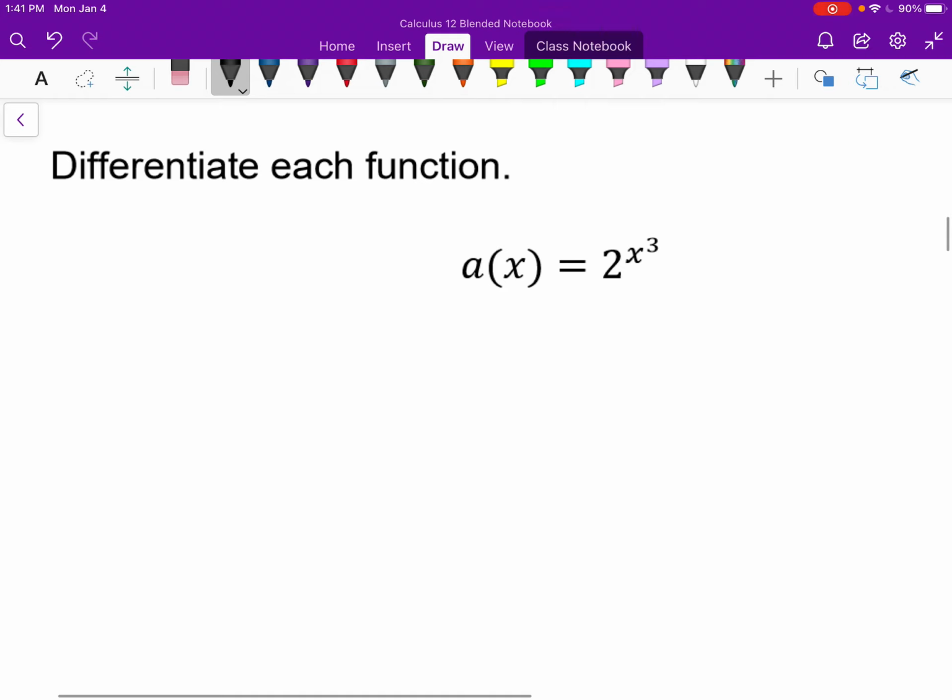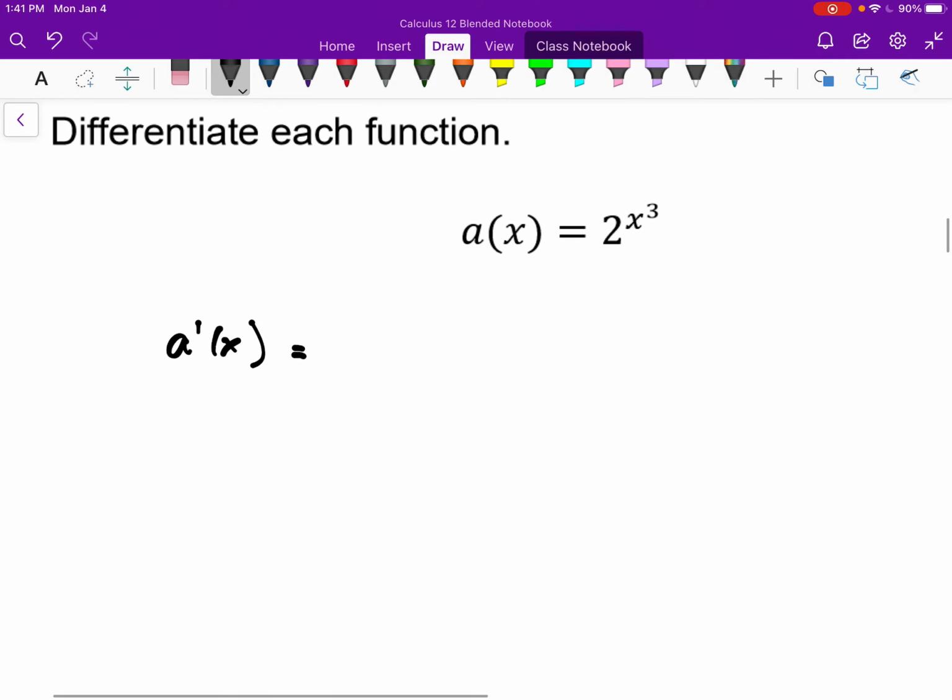Let's differentiate this. Function a is 2 to the power of x to the power of 3. I want to find a prime here. For this, I want to use the chain rule, because I have a cubic function inside an exponential function. So first, let's deal with the outside function, which is the exponential function. The derivative of an exponential function starts off with the exact same thing, 2 to the power of x cubed,